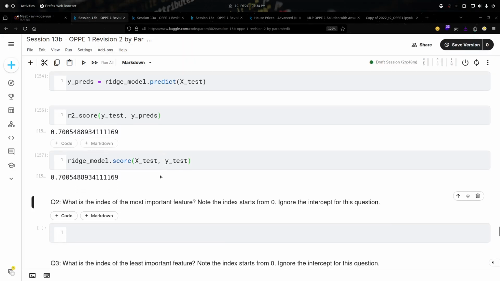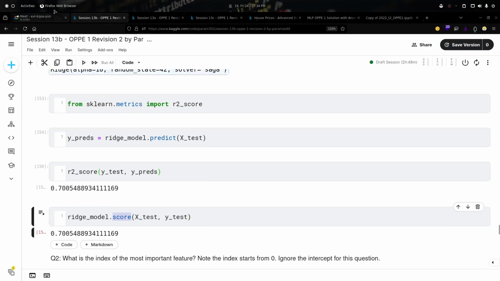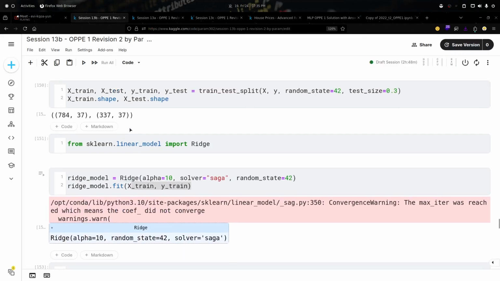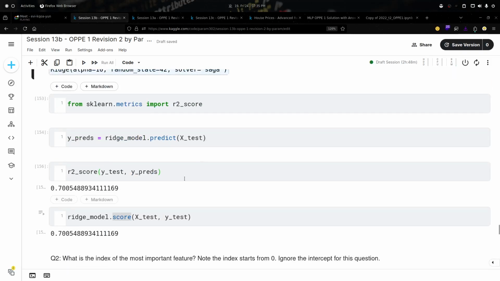So yes, all the models inside this linear_model library use R2 score under this score function.